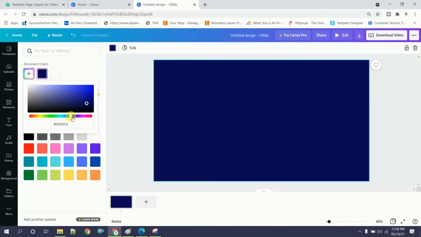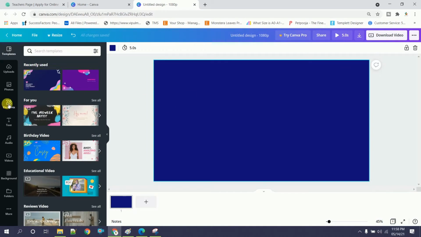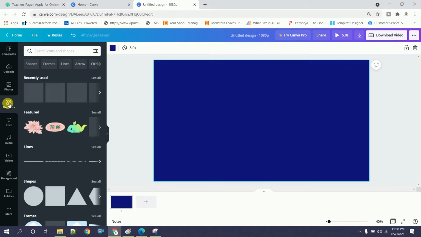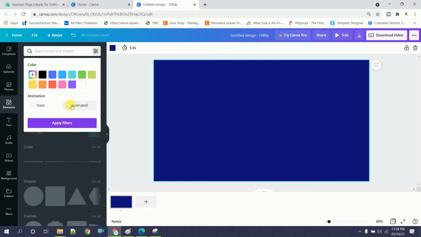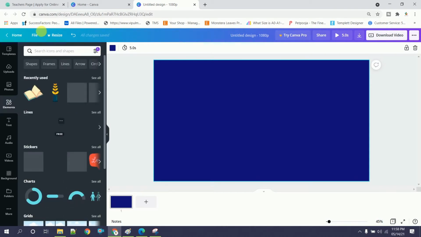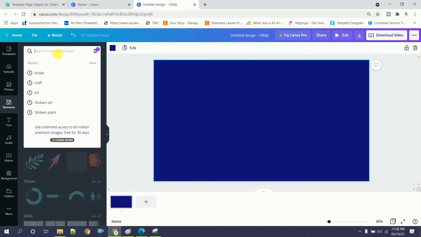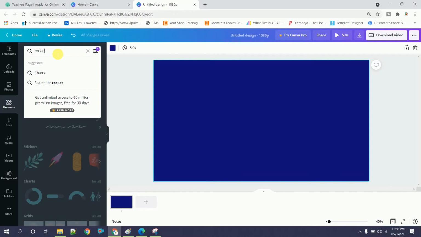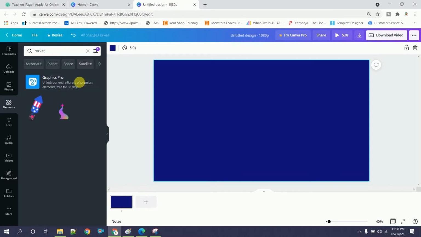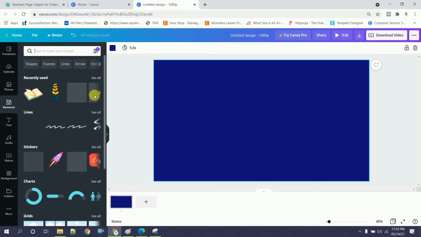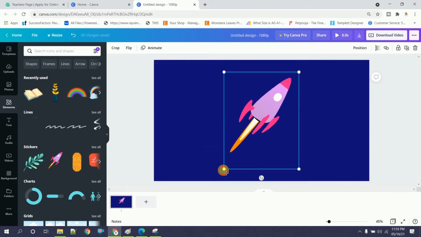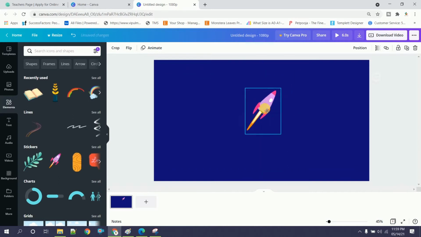this looks perfect. Now go to the elements on the left panel, and in the search panel above there is a filter. Just click on that filter, and here you can filter out the animated elements. So this way you can add only animated elements. Now for example, I want to add a rocket, so I will search for any particular rocket. I had used it yesterday, so we'll use the same. Here is the one. Okay, so just place it at the center, a little up, because there will be text